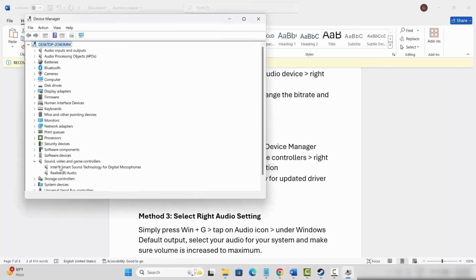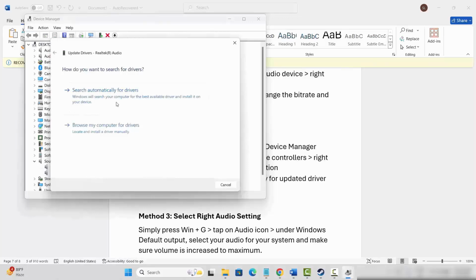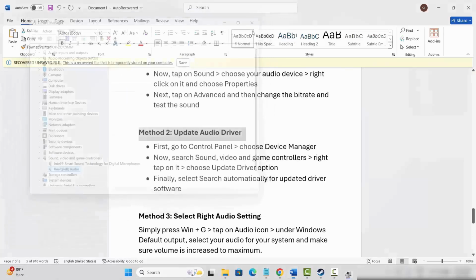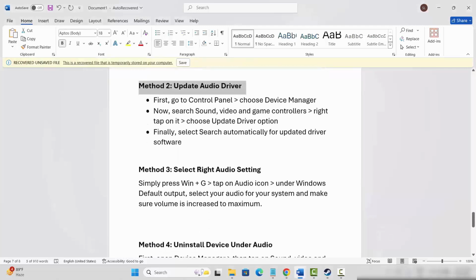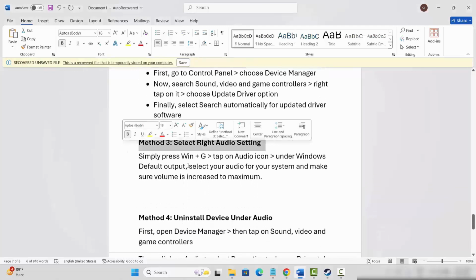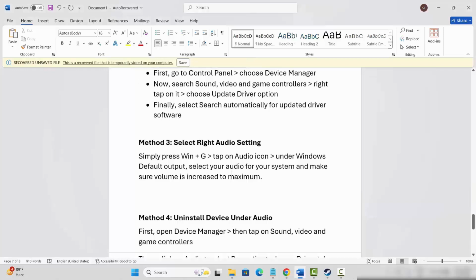Here select your audio drivers, click on update driver, and then click on search automatically for drivers. So this will update your driver, and after that launch the game and see if sound issue is resolved or not. If not, next is to select right audio settings. So for that you need to simply press Windows plus G